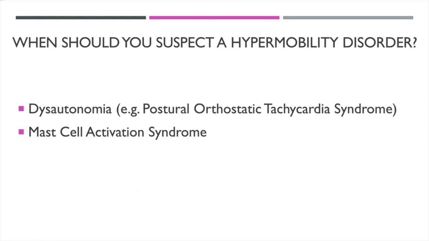And that's when the autonomic nervous system is dysfunctional. This is something that occurs more commonly in people with hypermobility disorders. Another condition that occurs more commonly in people with hypermobility disorders is mast cell activation syndrome. This very complex disorder in and of itself refers to when the mast cells are less stable and activate more easily, and mast cells contain hundreds of chemicals inside of them, which can have effects all throughout the body.